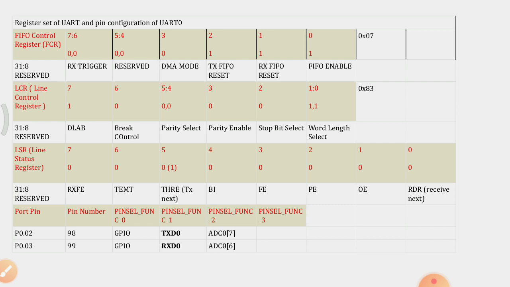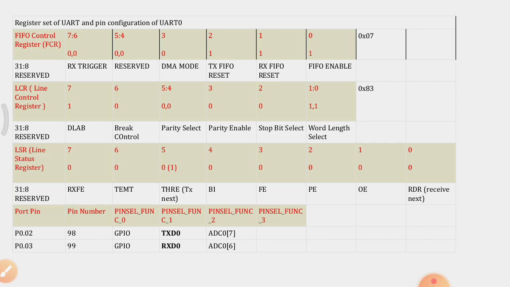Bit 2 is used for stop bit selection. If this is set then we add a stop bit, and if it is not set then we don't add any stop bit. Bit 3 is used for parity enable. Bits 4 and 5 are used for parity select.